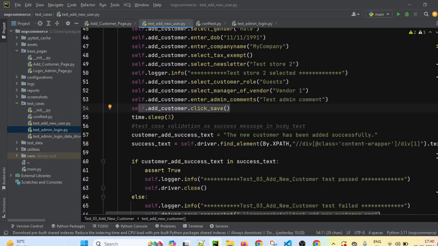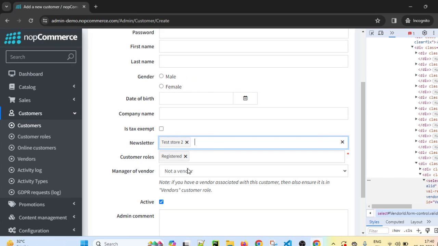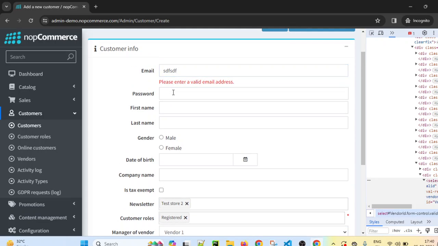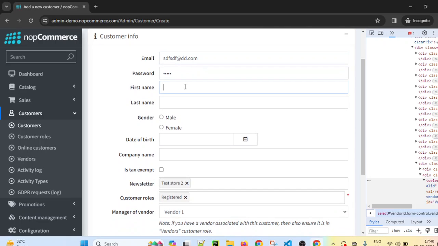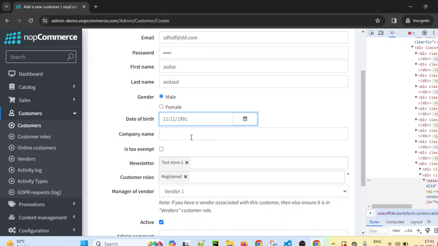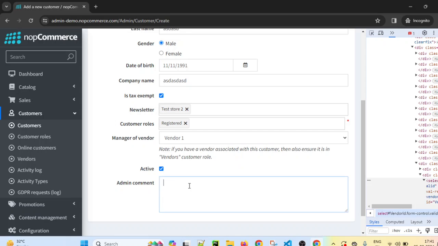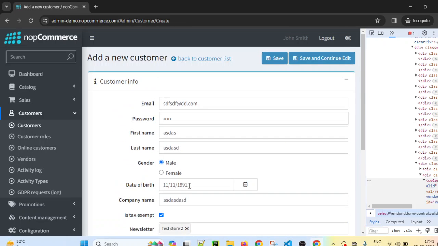After saving it, let me show you, I'll pass some random values from the test case: first name, last name, gender selection, date of birth, company name, then checking this checkbox, passing some comment, and clicking on save.